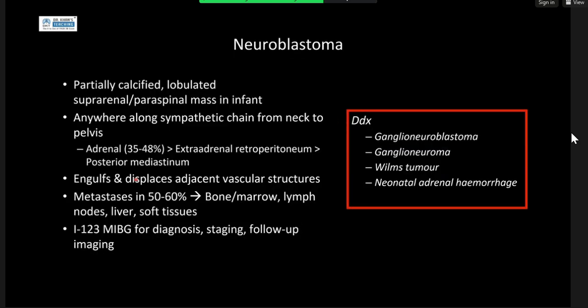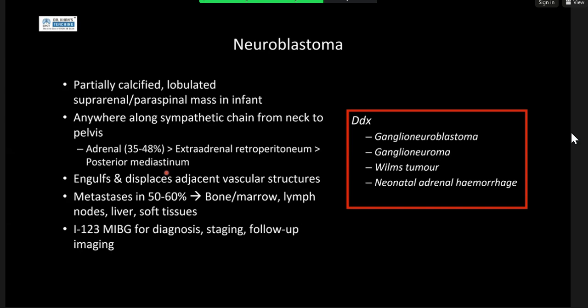So adrenals are often the most commonly affected place, 35 to 48%, more than your extra-adrenal retroperitoneum, followed by the posterior mediastinum, or sometimes you can have metastatic disease, so more than one site. Neuroblastoma, unlike Wilms tumor, often engulfs rather than displaces. You can get metastases quite commonly to the bone, so when you do MR, make sure you look at the bone for any high STIR lesions. You can also go to node, liver, and soft tissue, and MIBG is used for staging, and also for follow-up